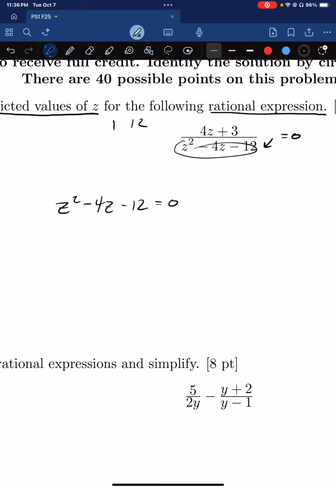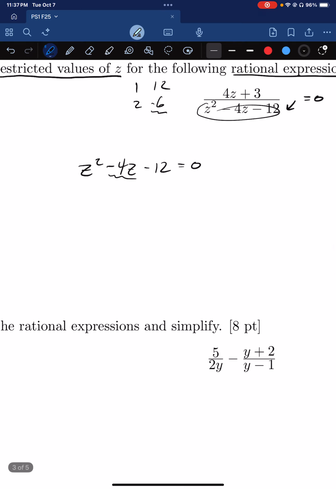Factors of 12 are 1 and 12, 2 and 6. 2 and 6 looks right. I know the 6 is going to be negative since this middle term is negative. So we don't actually have to rewrite anything here. We could just go straight to z plus 2 times z minus 6, because we have a 1 in front rather than